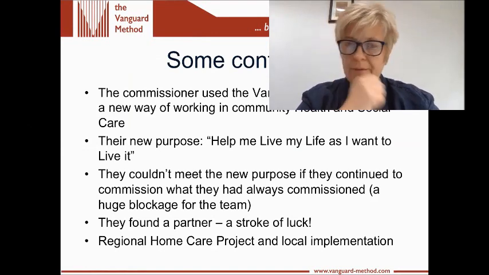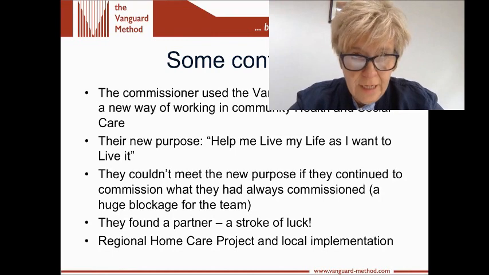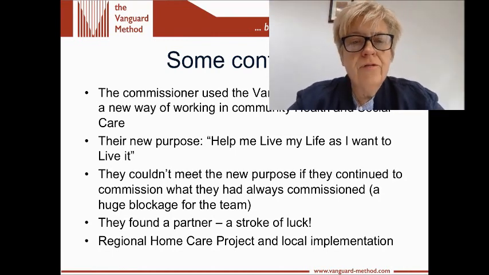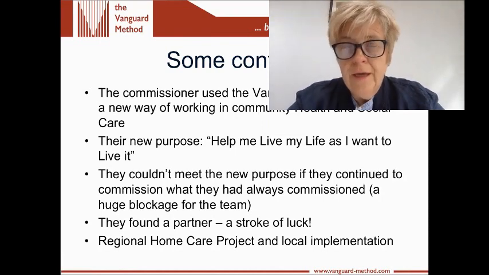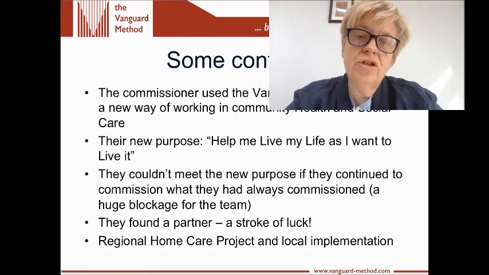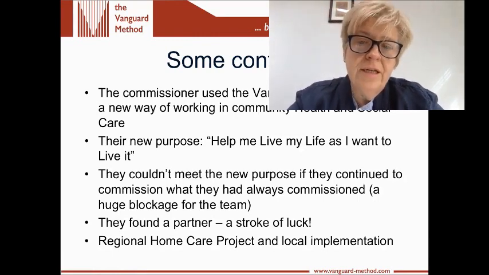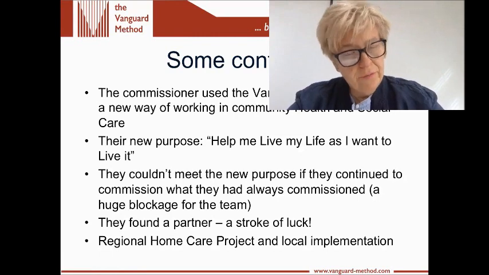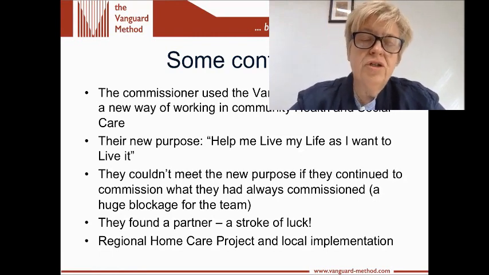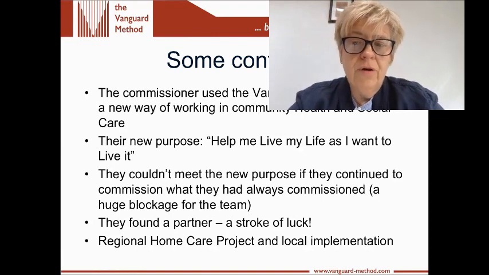The commissioner there, Melis, used the Vanguard method to try out a new way of working in community health and social care. In fact, it was a piece of work that originated through an innovation fund in Wales, through the Welsh Assembly, and it was both Health, Ffion and Morwenna in social care who initiated and led that work, and that's still ongoing and has led to the development of 5 localities and sub-localities, so very much locality-based design in communities. So that was the start of the work, and that led to the identification of a new purpose for the whole of the service, in both health and social care.